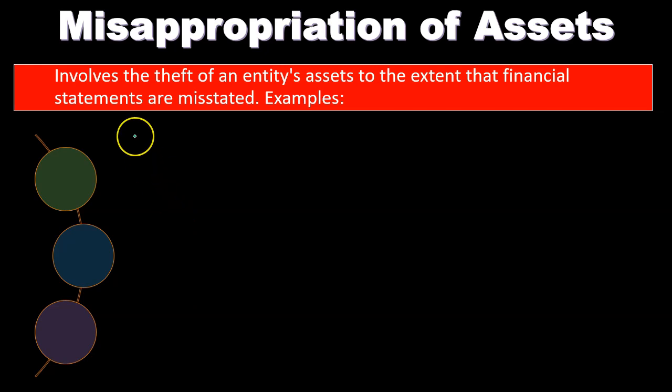So if we have misappropriation of assets, note in the audit, any type of misappropriation of assets, if we see theft or something like that, we can pursue that and inform the proper people within management about it. But of course, our goal within the audit is to look for those types of things that are going to have a material impact on the financial statements. That's the goal of the audit.